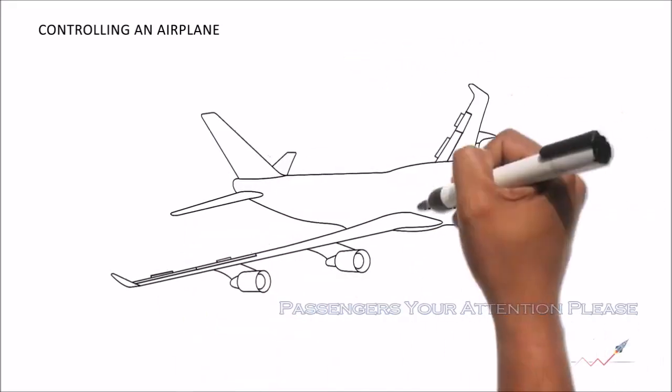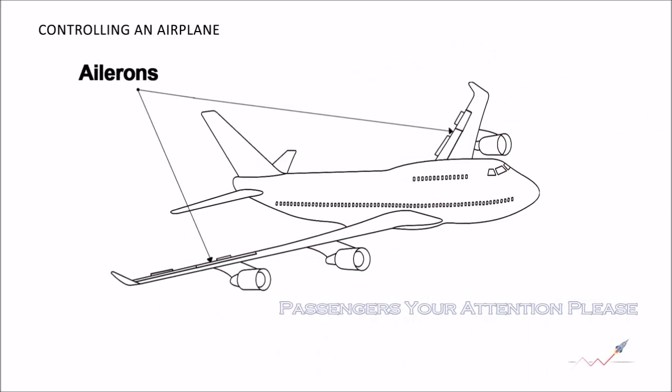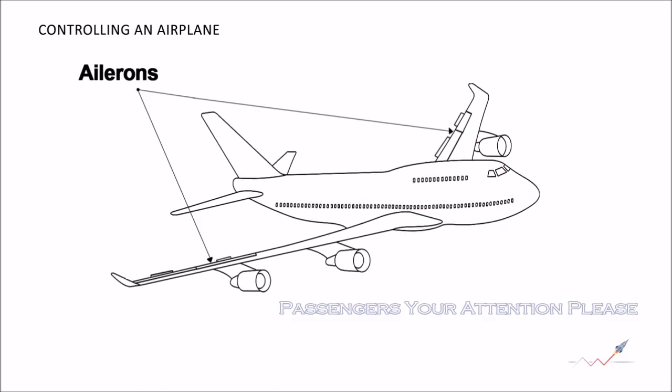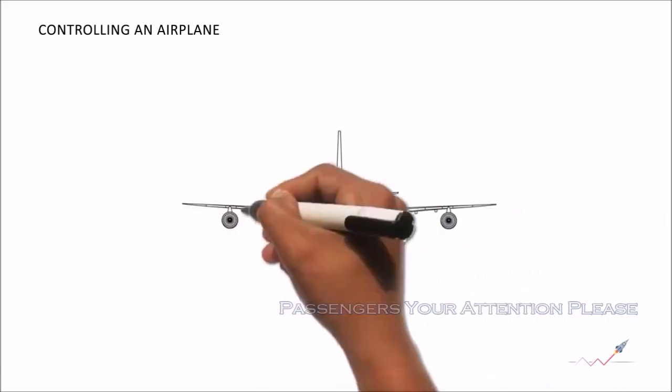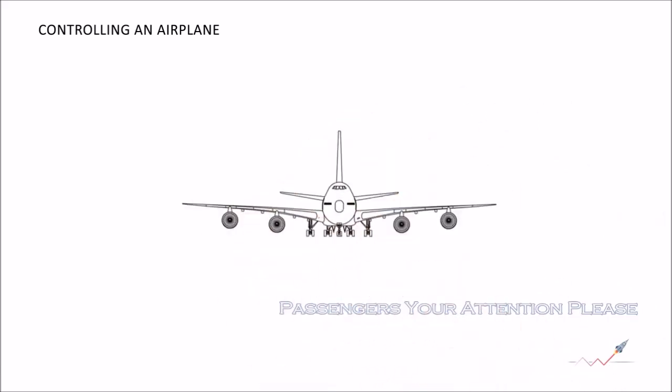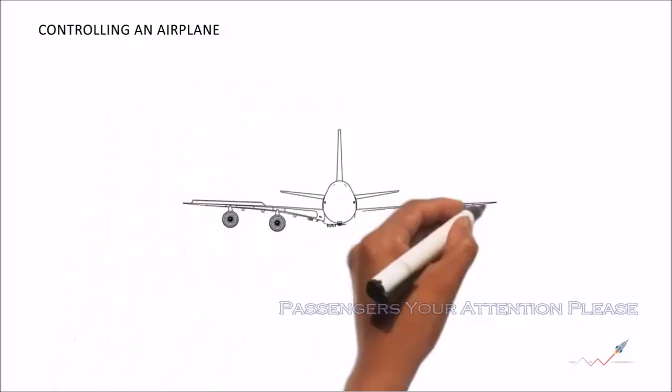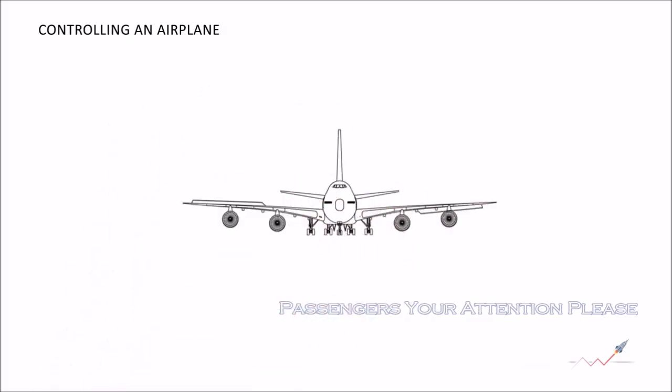Ailerons are located on the tips of each wing. Ailerons can be used to generate a rolling motion for an aircraft. Ailerons usually work in opposition. If the right aileron is deflected upward, then left is deflected downward, and vice versa. Let's see this. To curve the flight path, the pilot deflects one wing to move up and the other wing to move down by controlling the ailerons.